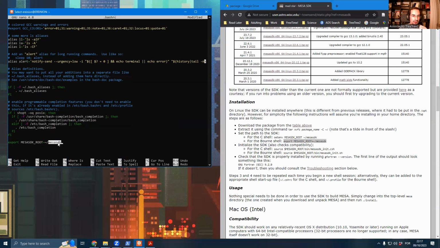There was an error in the version of the guide that I gave you where it was just like this, but you need to be inside the MESA SDK for it to work. So you need to specify the root directory of the SDK here like this. And what this does is it sets this variable, MESA SDK, to be the path of the SDK where it is installed. And then we also want to activate